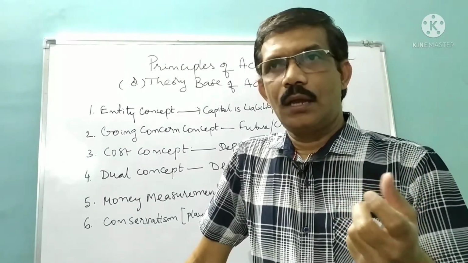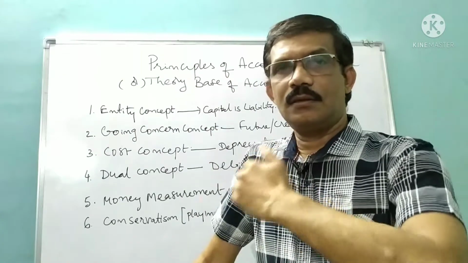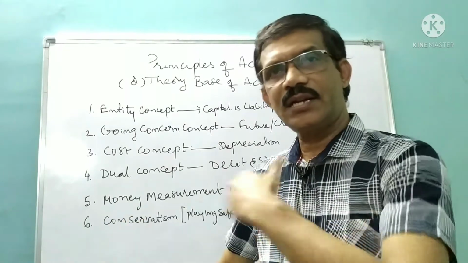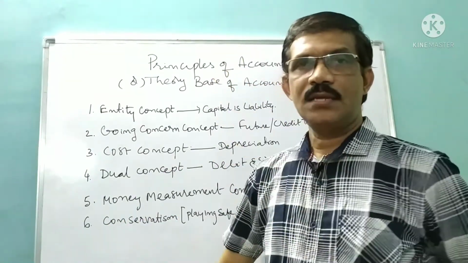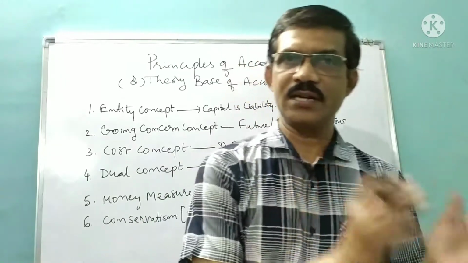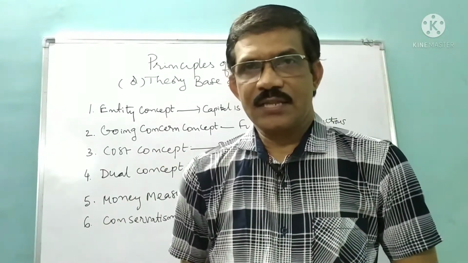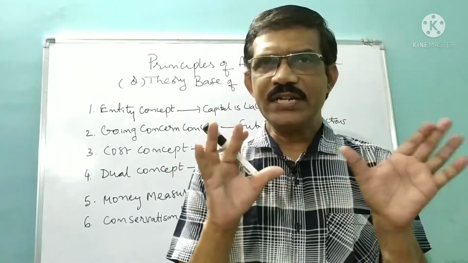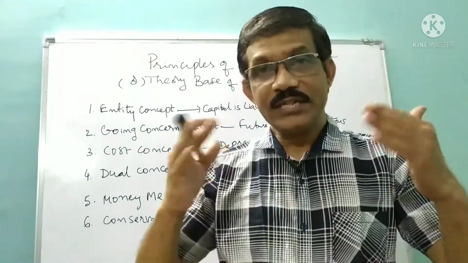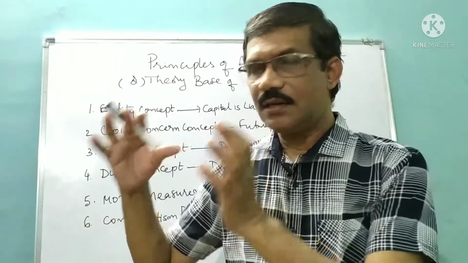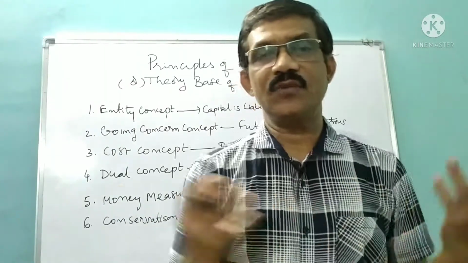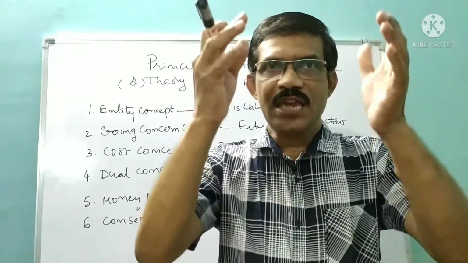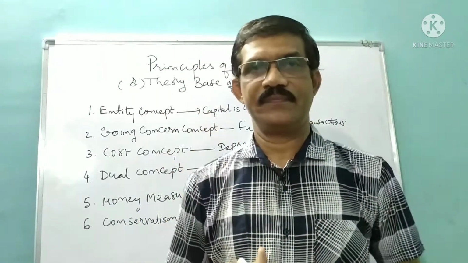Imagine, suppose in your state the vehicles are allowed on the right hand side. Suppose in another state in our country vehicles are allowed on the left hand side. Right hand side driving is allowed in one place, left hand side driving is allowed in another place. Please try to follow my example. Won't it create confusion? Because in this state it is like this, in that state it is like that. So in order to avoid this confusion, the same rules are followed throughout the country.